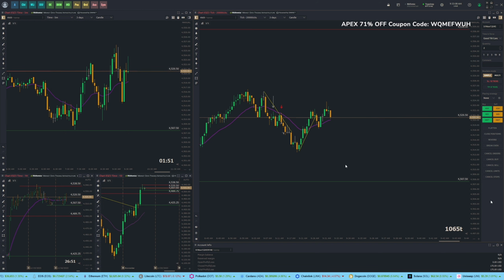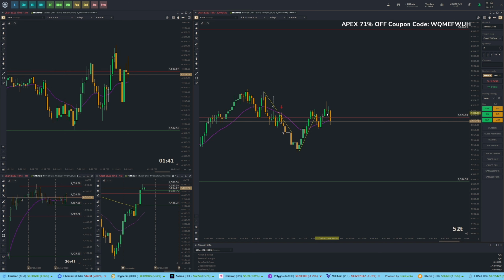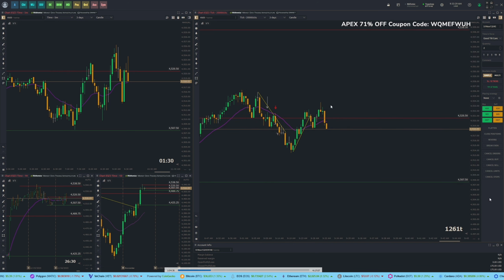I was just extremely upset with myself. Again, I wouldn't have captured this whole move, I probably would have captured the move to the EMA. And yeah, it turns out to be a nice move down, and even the risk was good. I was so upset. I was like, man, this sucks that I missed this. And